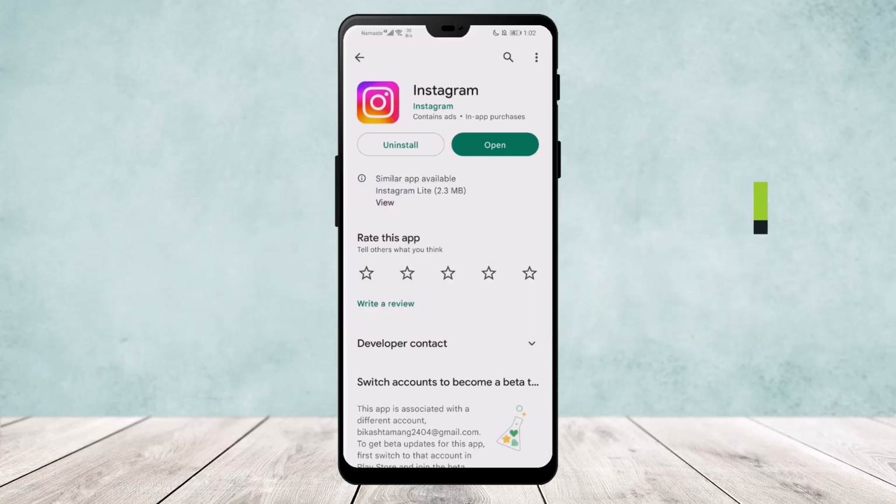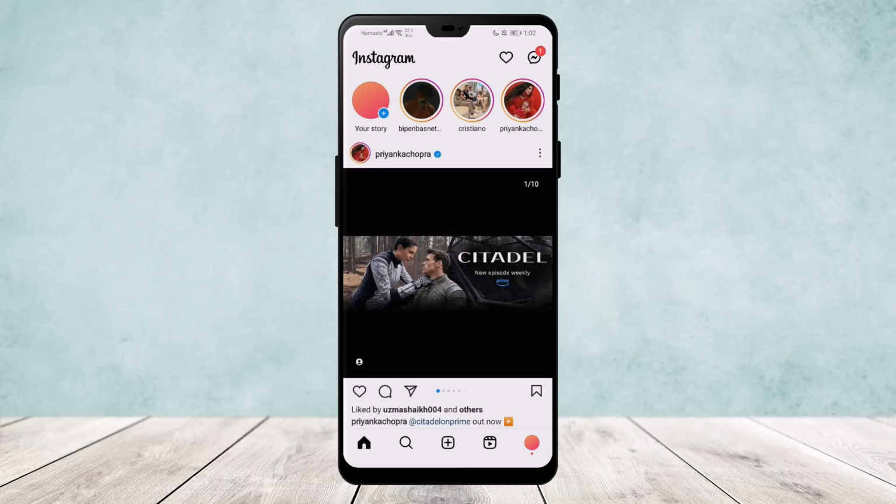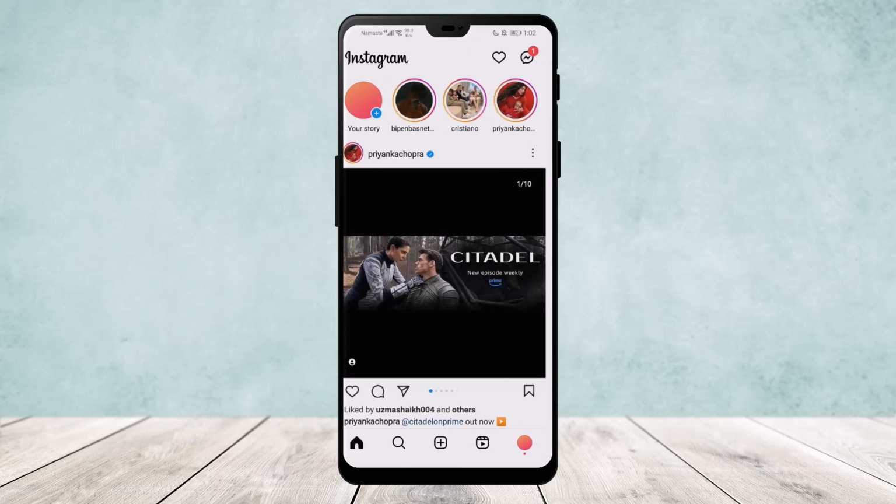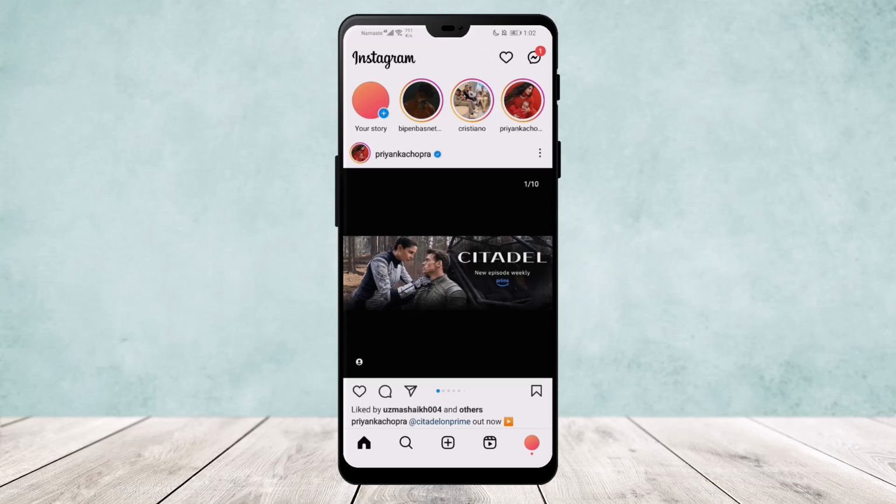Today I'll guide you on how you can add someone else's Instagram story to your own story. Now, open the app and here on the top of your screen you can find the stories of your friends. Now, if you want to add the story to your own story, then they need to mention you in their story. Instagram gives you the feature to share someone else's story to your own story only if you are